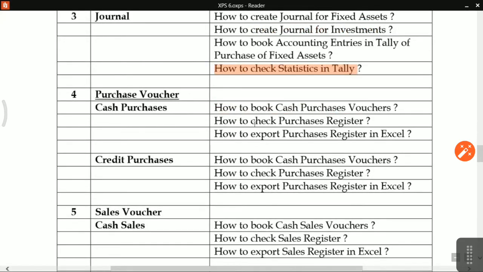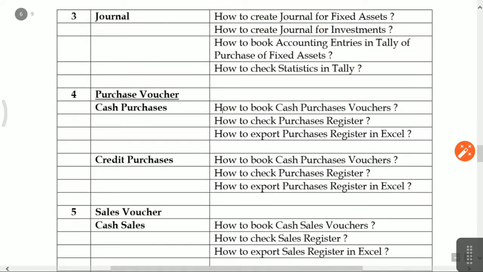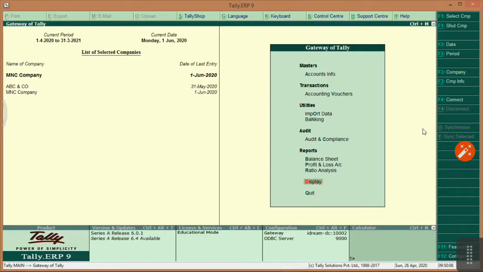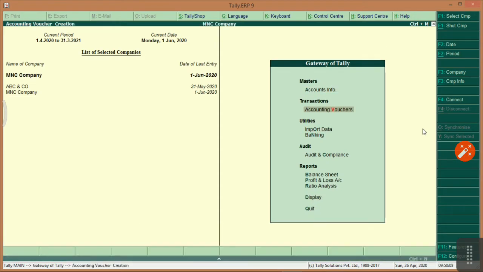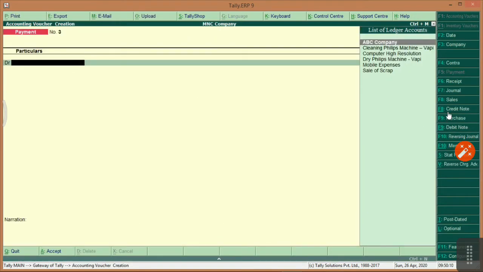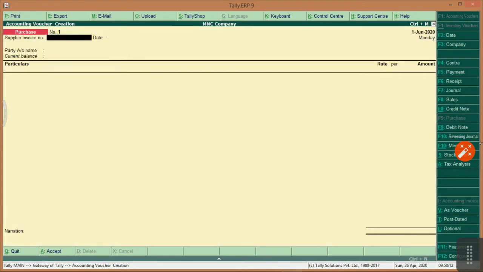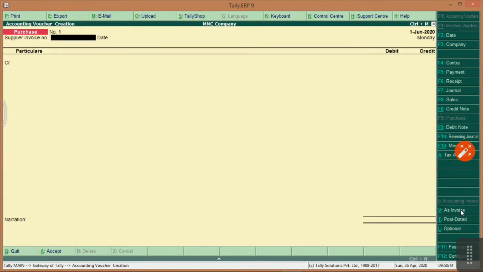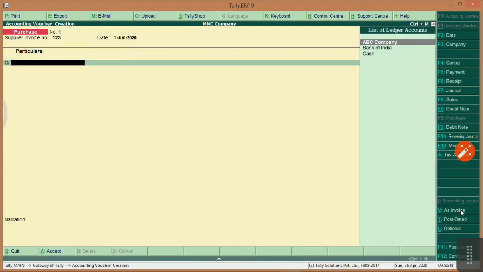Purchase voucher. Okay, friends, I have already informed that if you want your purchase register, then cash purchase and credit purchase should be reflected. Now, first question: how to book cash purchase vouchers? Go to accounting vouchers, just select purchase, as an invoice format. Supplier invoice is 123, date for June, and supplier is